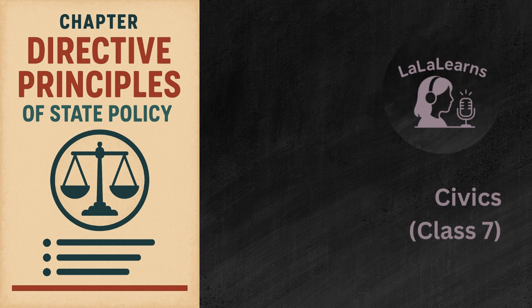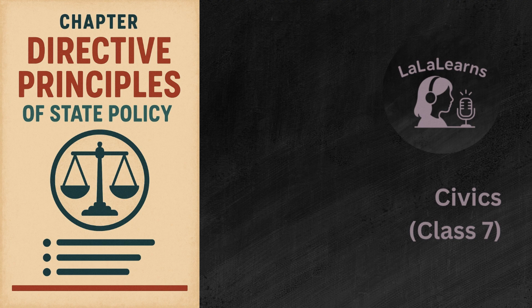Exactly. So, connecting it to the bigger picture for you as a citizen. Fundamental rights are largely about what the state cannot do to you, protecting your individual space. Directive principles are about what the state should actively try to do for you and for society as a whole to improve collective well-being. Two sides of the constitutional coin, really. That's a really clear way to put it. What the state cannot do to you versus what the state should do for you.